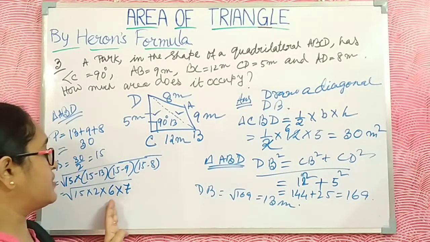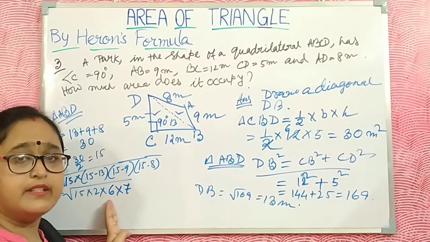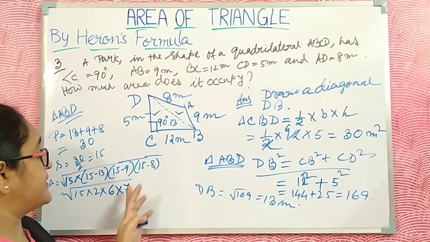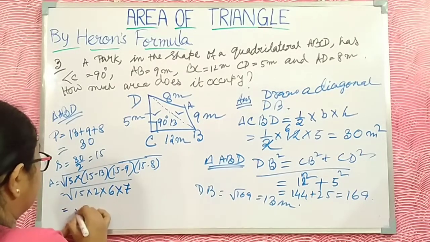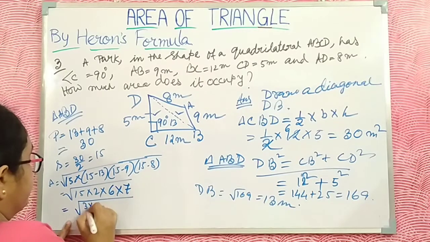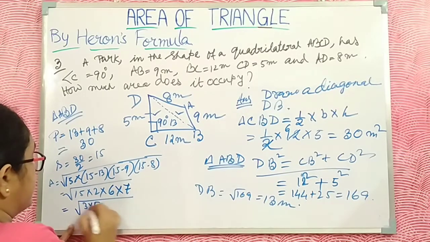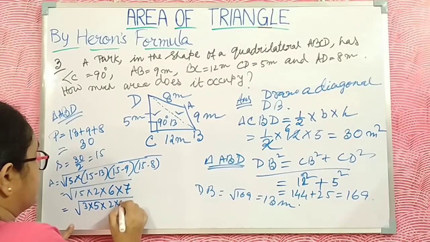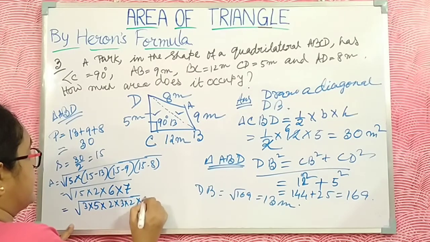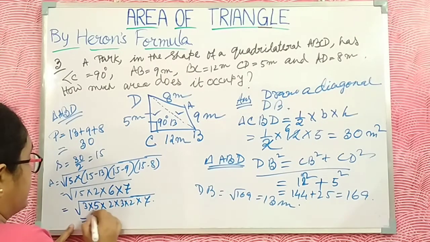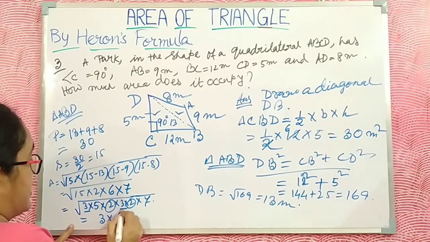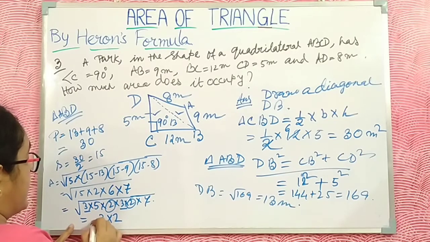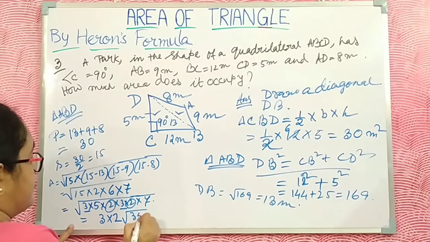Okay, now I do the addition correctly. You just do this one. Break this 15 into 3 fives, then 2, then 6 as 3 twos, and then 7 also. Then here you take 3 twos, find 1 two, and take 1 two and 1 three, and here is under root 35.